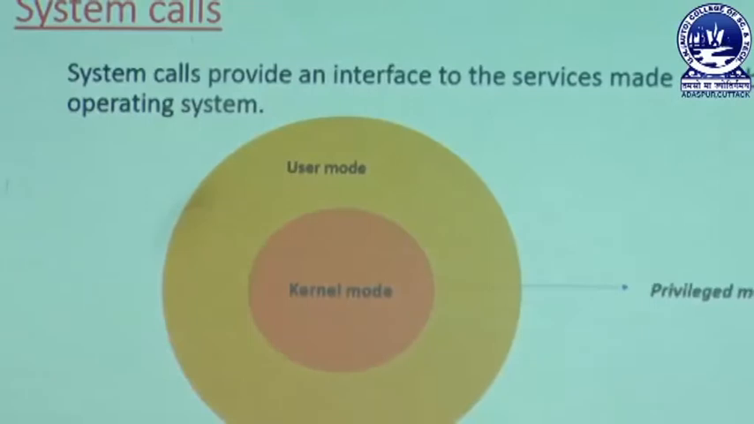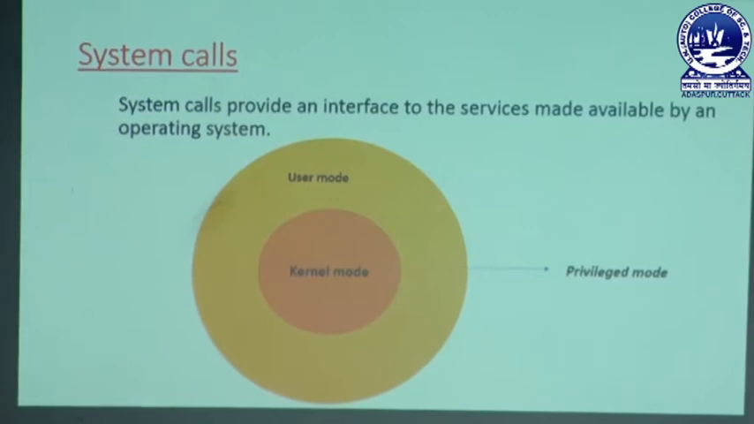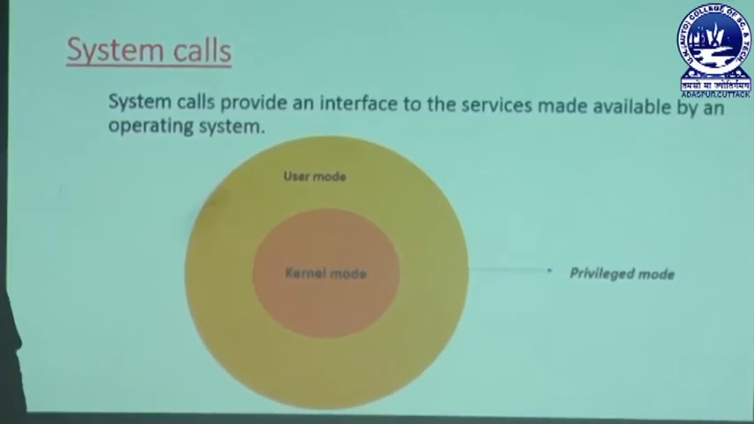Before understanding system calls in more detail, there are two important points we need to know: the two modes of operation in which programs can execute, which are user mode and kernel mode. So, let us see what user mode and kernel mode are. This is the diagram. You can see the two modes of operation, user mode and kernel mode, in which